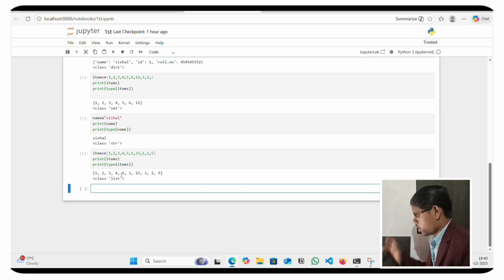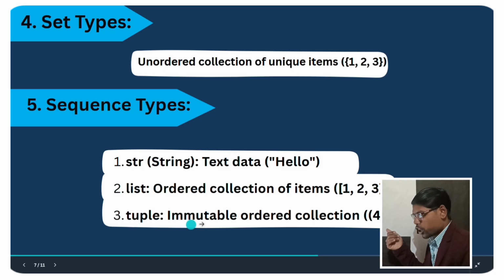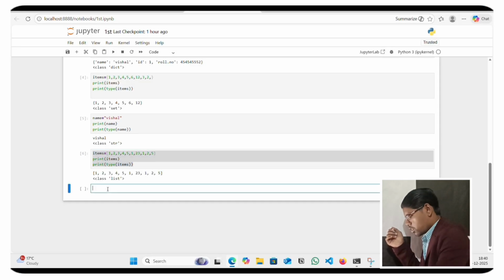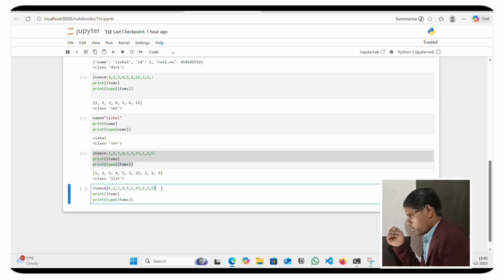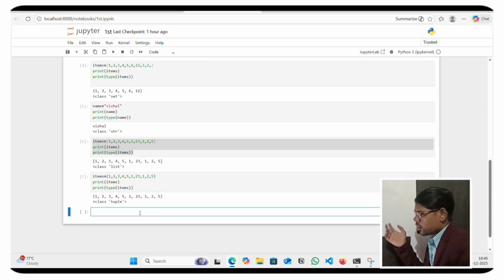Then use tuple. A tuple is immutable, and a list is mutable. A tuple's values cannot be changed. Run, and these are tuples. In total, there are these data types used in Python.